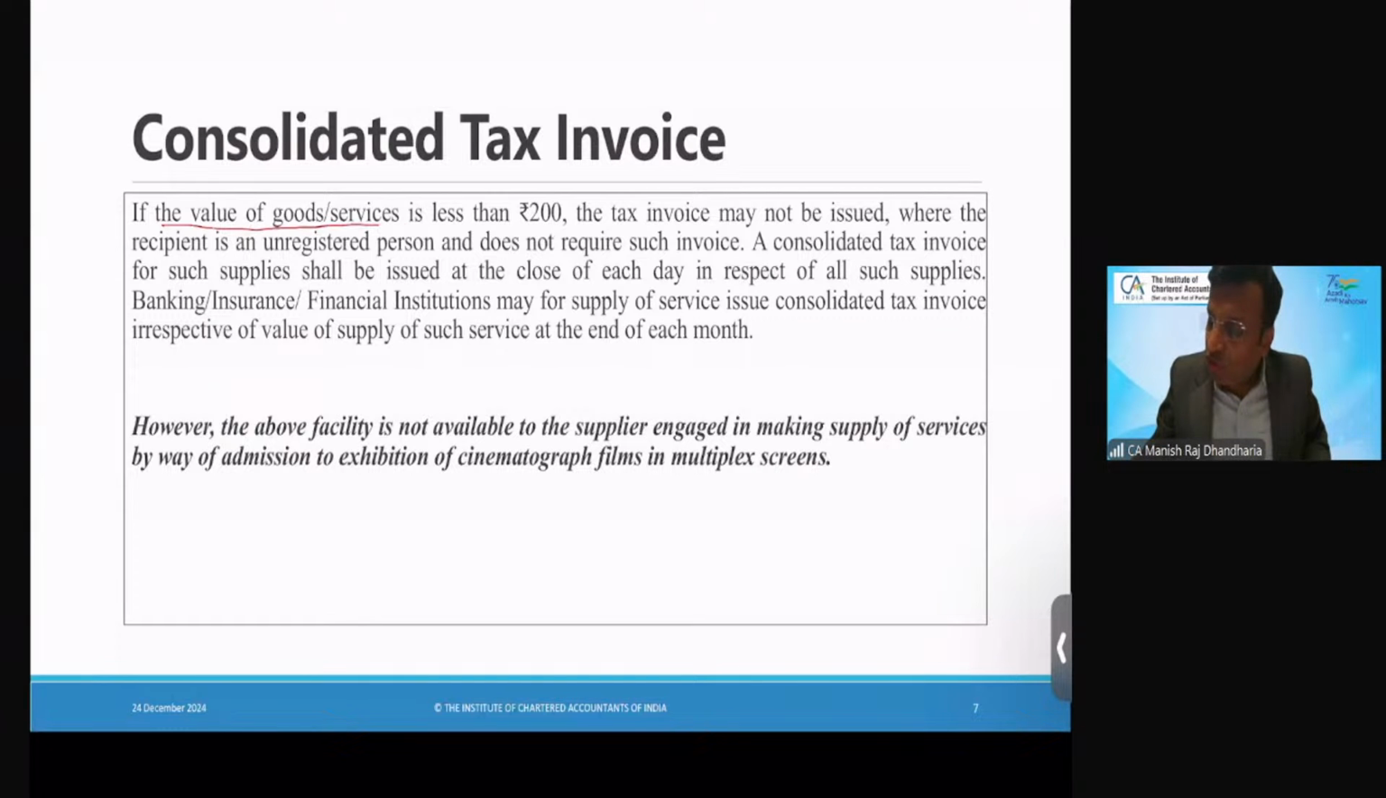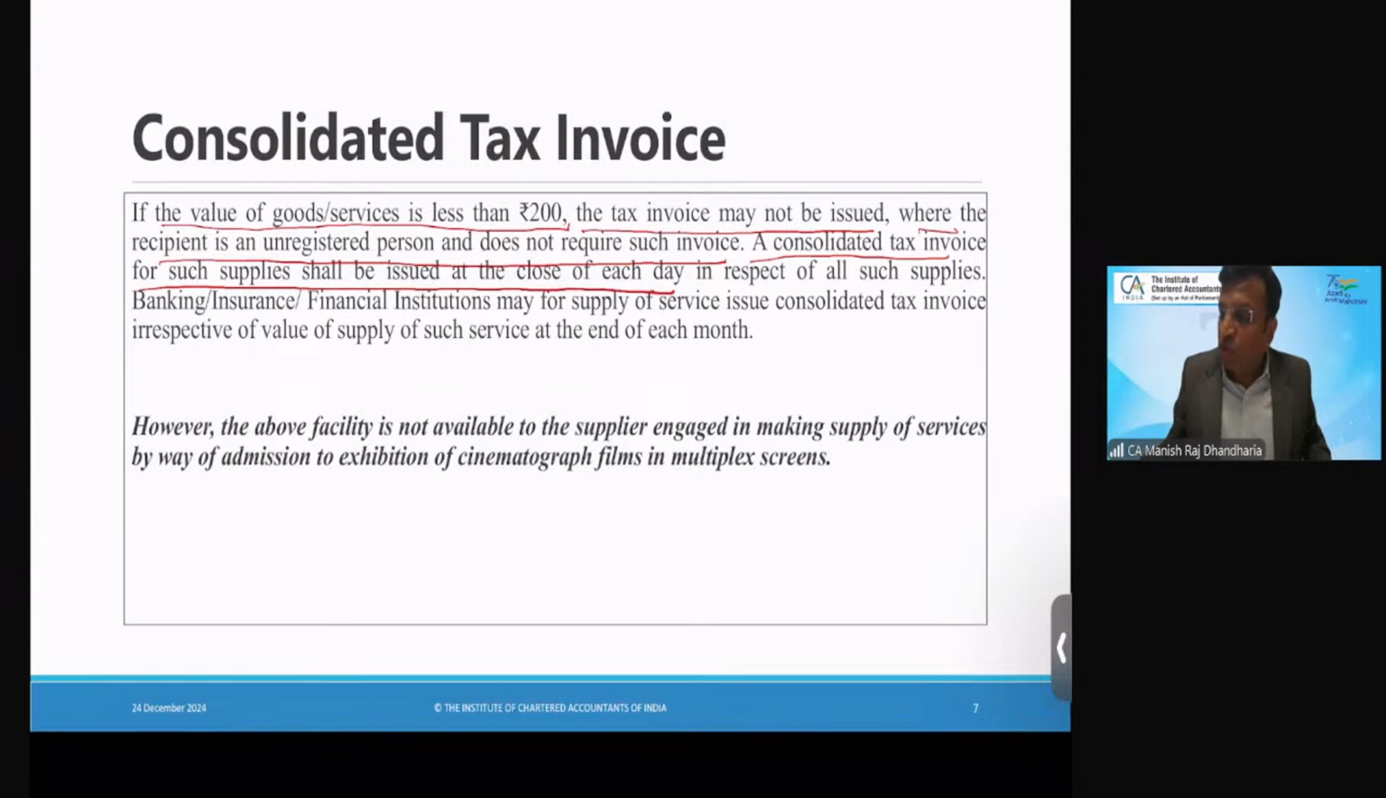If the value of goods or services is less than 200, tax invoice may not be issued. Tax invoice is not required where the recipient is unregistered and does not require the invoice. भाई, recipient unregistered है और बोल रहा है हमको इनवॉइस नहीं चाहिए। मैं फिर बोल रहा हूं, अगर recipient रजिस्टर्ड है लेकिन वो अगर नंबर नहीं देगा तो आपके लिए वो अनरजिस्टर्ड है। वो अगर इनवॉइस नहीं मांग रहा है तो टैक्स इनवॉइस इश्यू नहीं करना है। फिर a consolidated tax invoice for such supply shall be